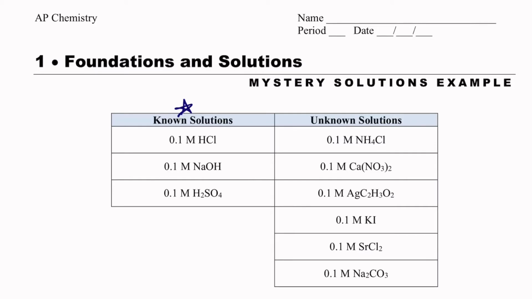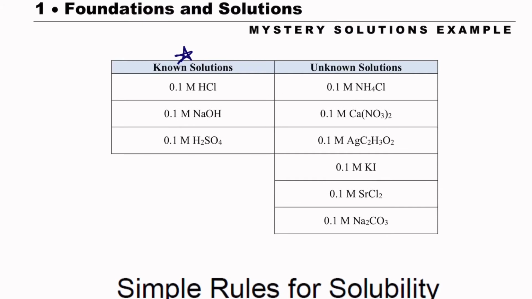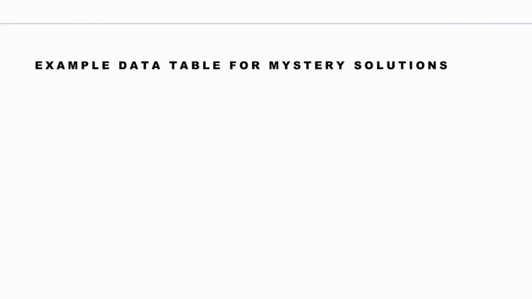So the way I do that is I want to find out a fingerprint. So we're going to use our solubility rules. Most of these are pretty straightforward, so I'm going to flip back and forth to these. But what we're going to do is we're going to cross our known solutions with our unknown solutions. So right now, I'm going to write down my unknown solutions. And I've got